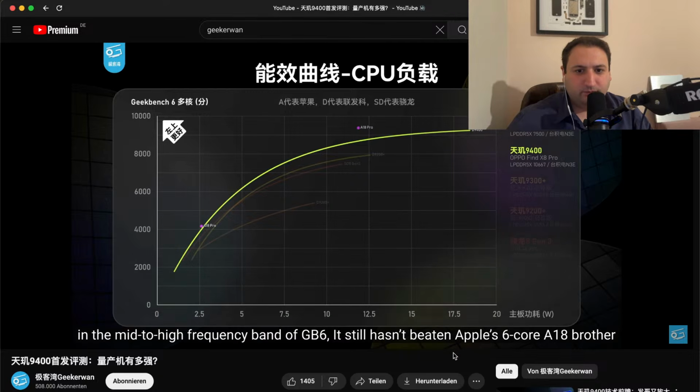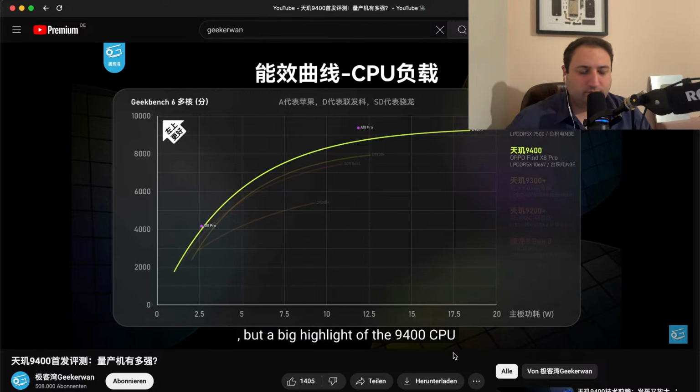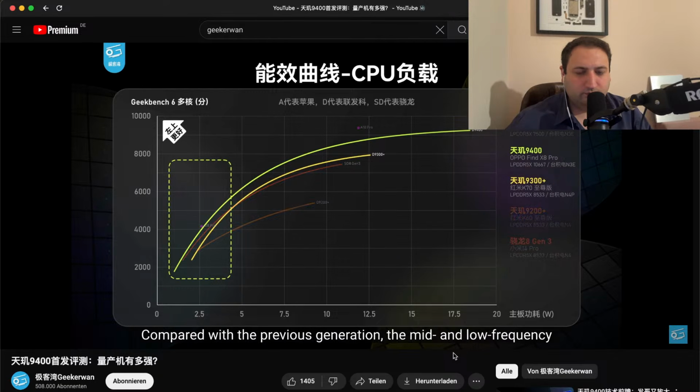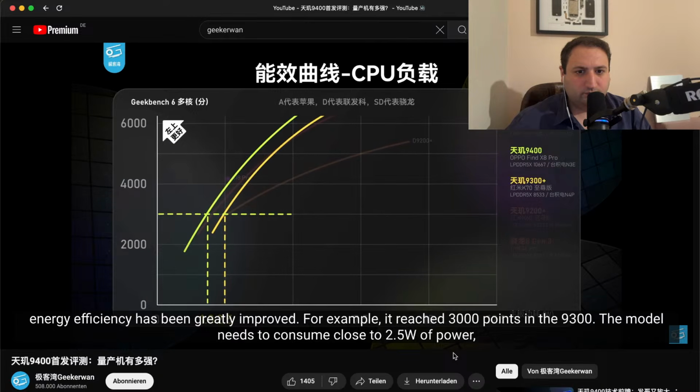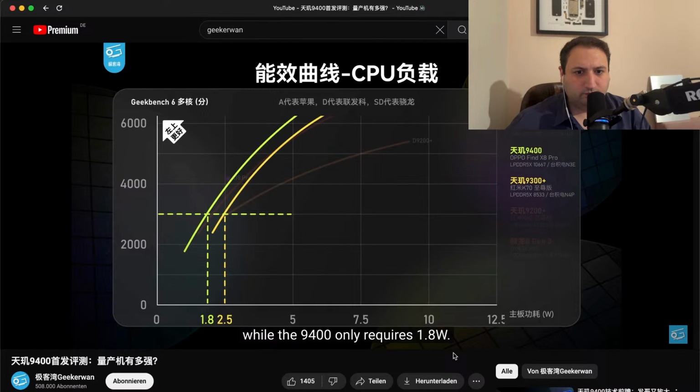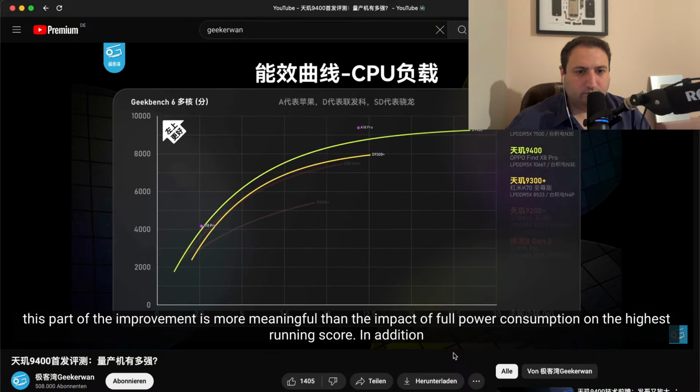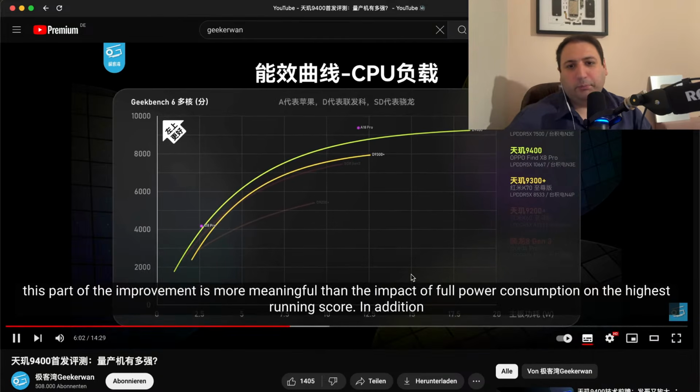6核的 A18兄弟啊，不过9400的这个 CPU 啊，有一个很大的亮点，就是它在日常使用最多的这个中低频段，表现得非常不错。相比前代是大幅改善了中低频能效啊，比如跑到3000分啊，在9300的机型上需要耗费接近2.5瓦的功耗，而9400就只需要1.8瓦。这个表现已经赶上苹果的水平了。那对于大多数的用户来说呢，这一部分的提升要比你怼满功耗去冲击 But this also, one needs to consider that a lower score can be achieved